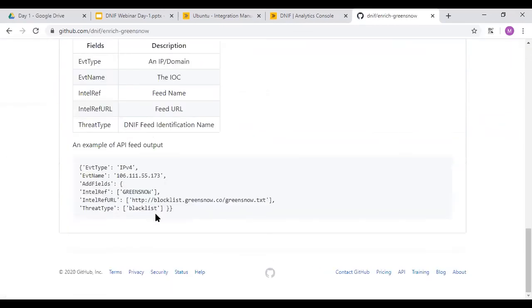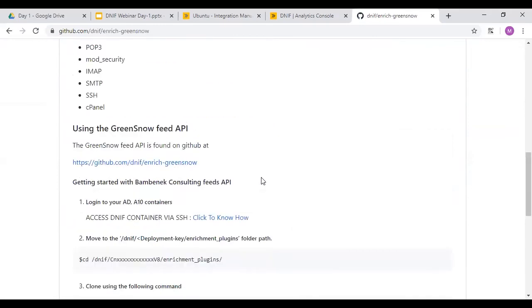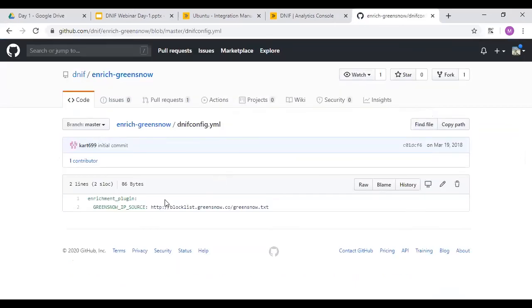The first step is to go to the NIF Docker container, go to the enrichment plugin and call this file. This is going to download the files which are over here. In this you are going to make changes in nifconfig.yaml. This is a free version, so it will have the source IP over here. The ones which require an API will ask for the API key, and if it's a paid version, they'll ask for user ID and the password. So this is for GreyNoise.